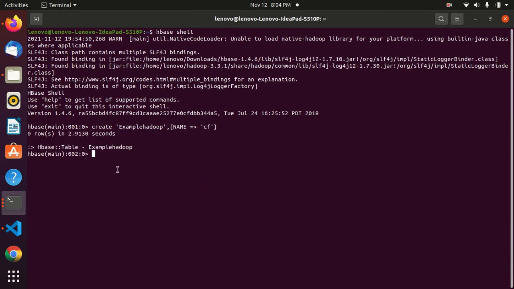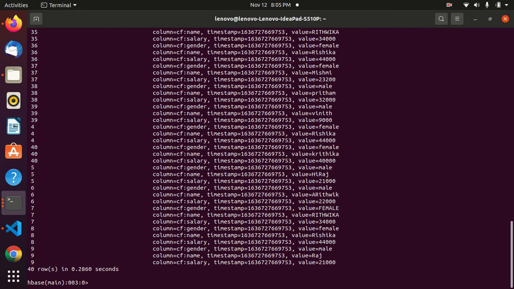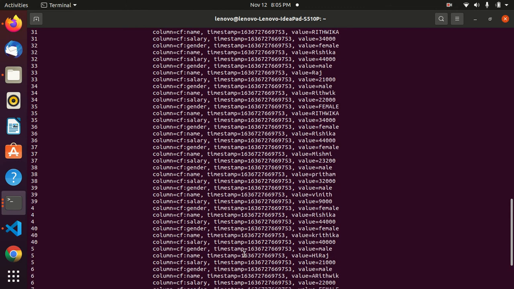We go into this, scan example Hadoop. Yeah, our 40 lines of rows got printed.